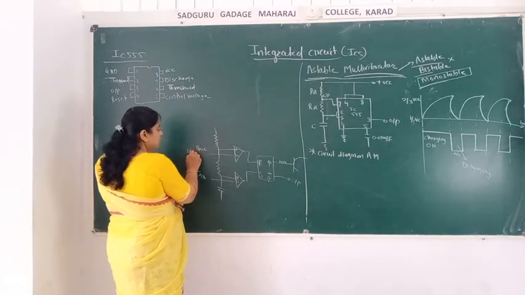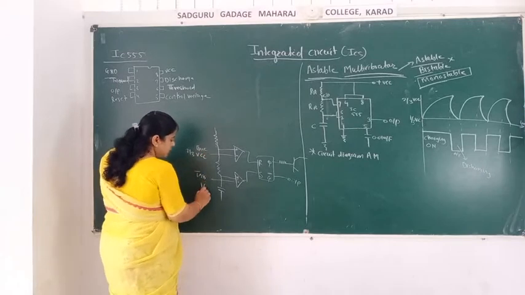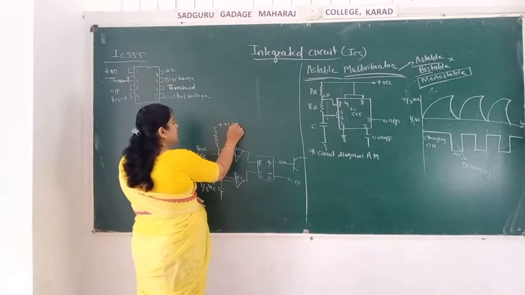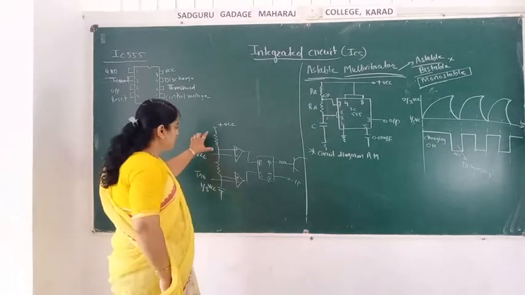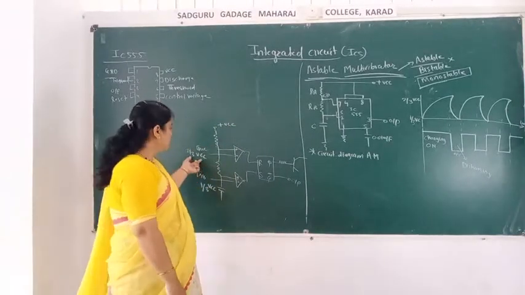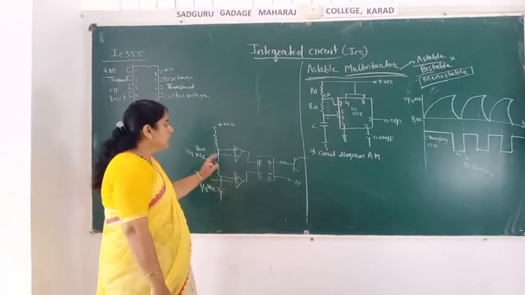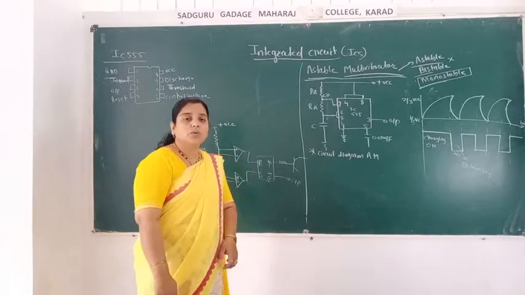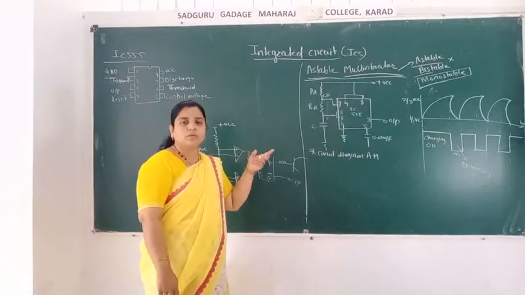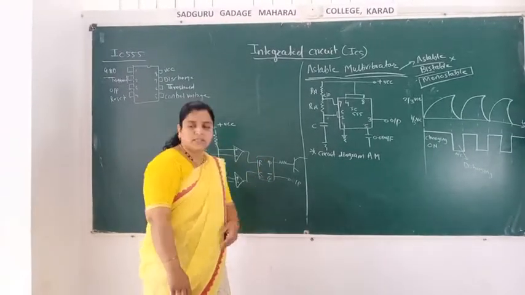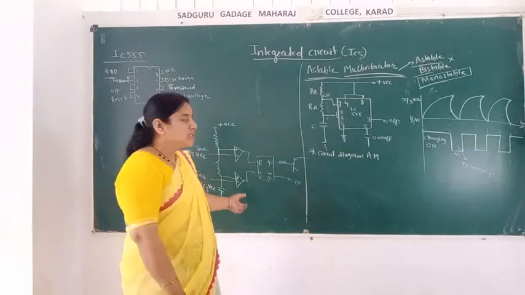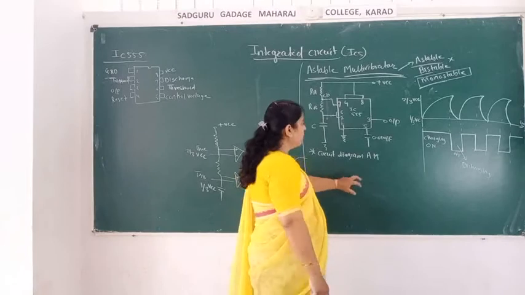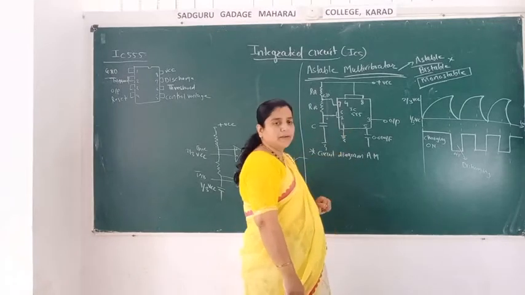Threshold has 2/3 of the VCC and trigger has 1/3 of the VCC. Total VCC is applied. Then the divider circuit was there. This voltage will be divided into 2/3 of VCC and 1/3 of VCC. And according to that, threshold and trigger are the two inputs on which the output depends. We have seen this in the circuit diagram of this IC 555. That thing we have applied here for the astable multivibrator.